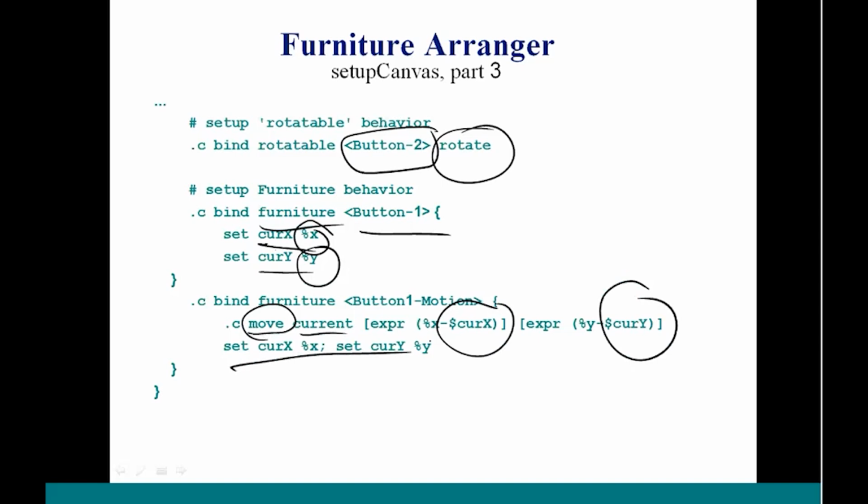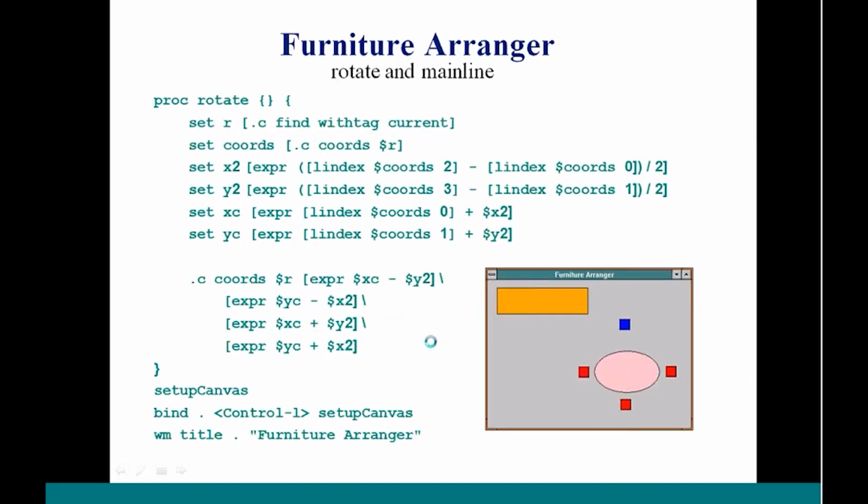So once we define all these procedures, now we are ready to actually move, and we also want to do some rotate. So the procedure rotate is essentially like so we find what is the element from that window, like what is the selection, and then we also set the coordinates to that particular coordinates,